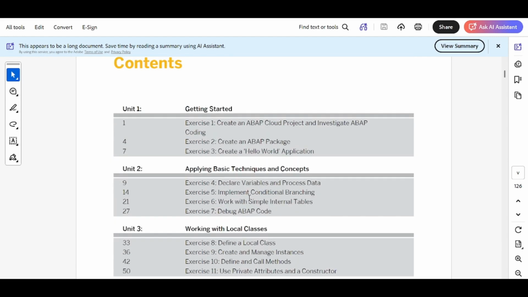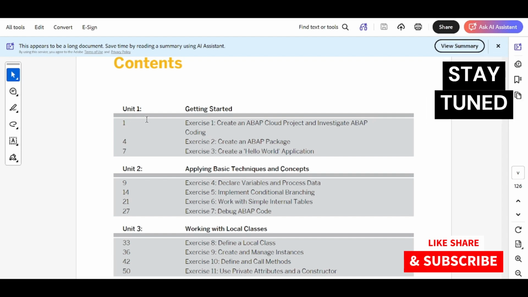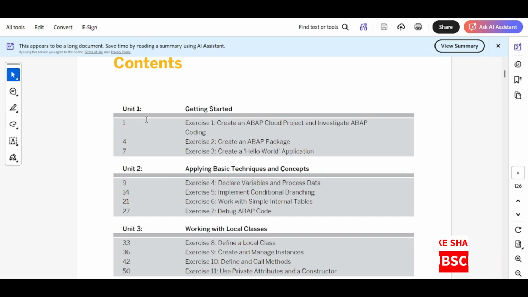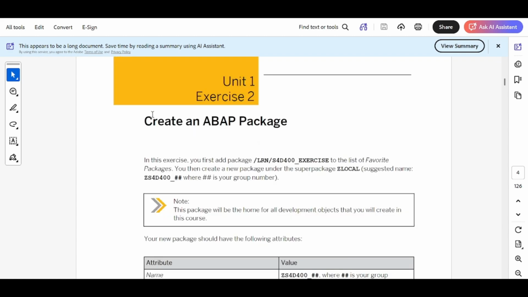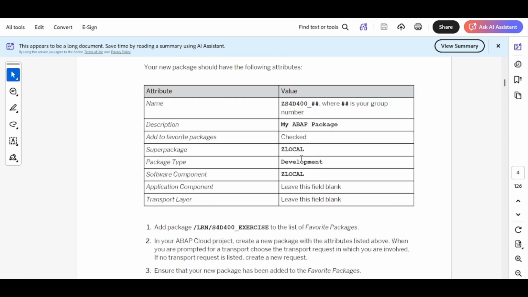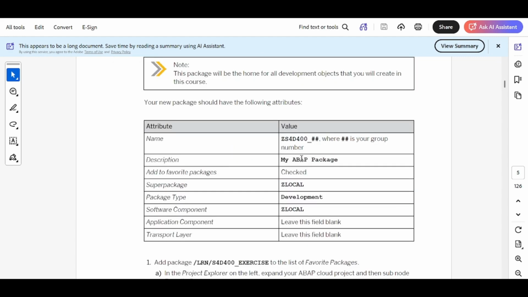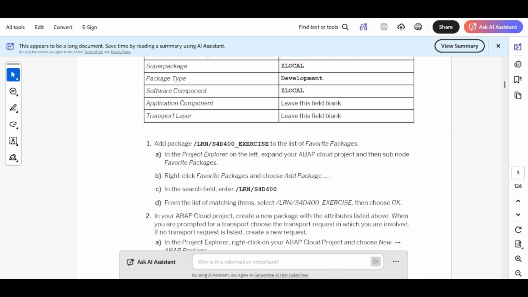So yes, in our next video, we are supposed to make this particular course for each and every unit so that you can understand how you can complete the exercise using the SAP System Access. So for that case, definitely you have to install Eclipse. Okay. So if I just click on create ABAP package, the steps or the process are mentioned over here, how you can follow it up. Okay. So now